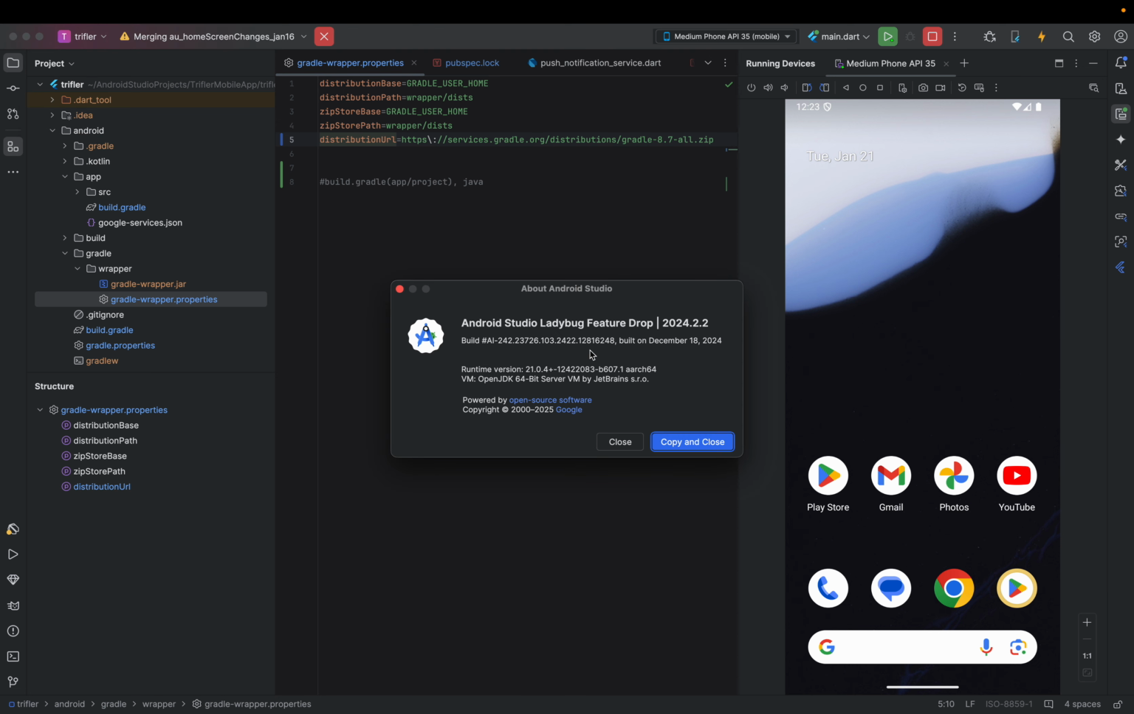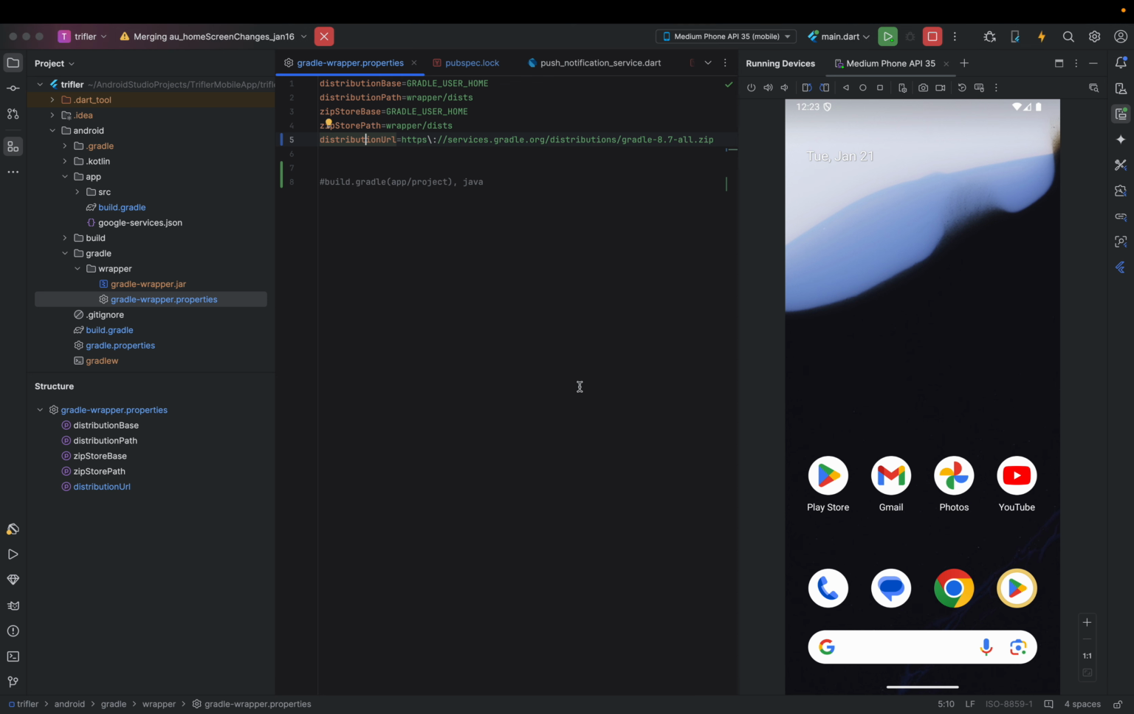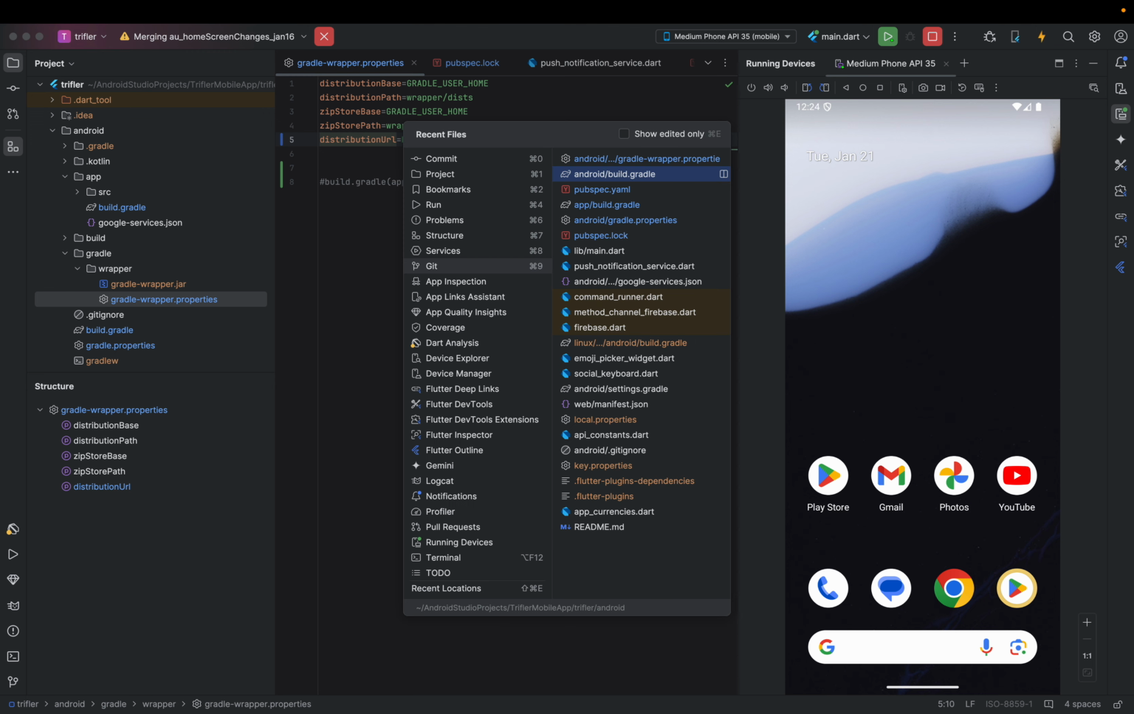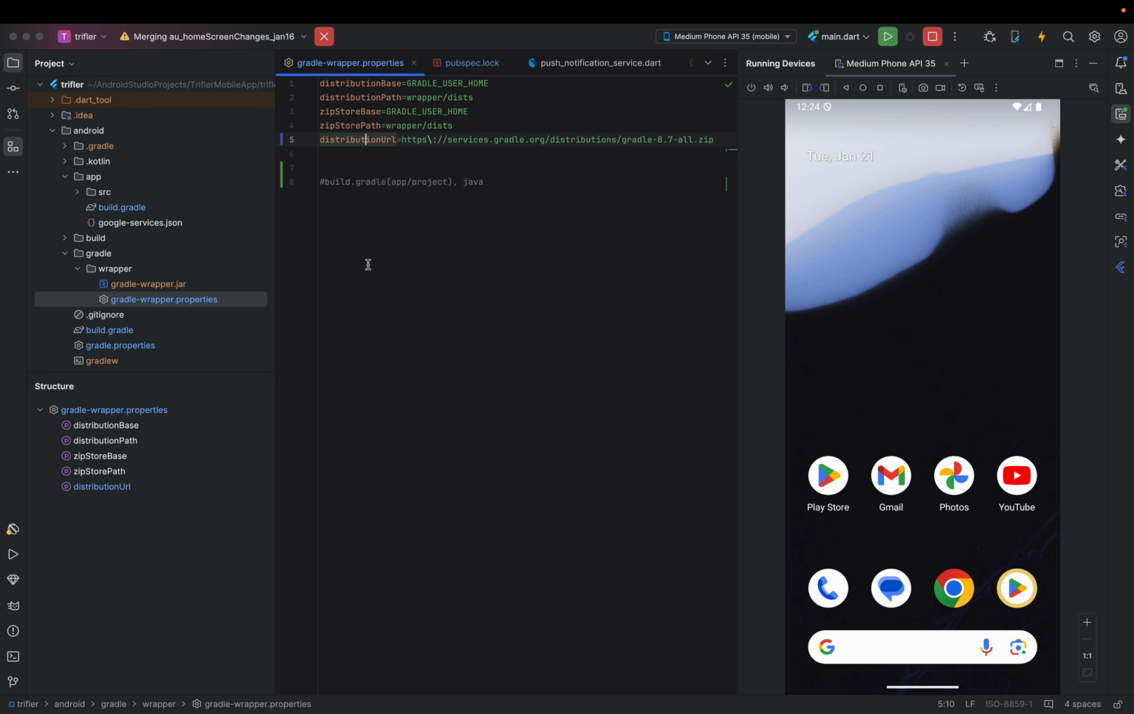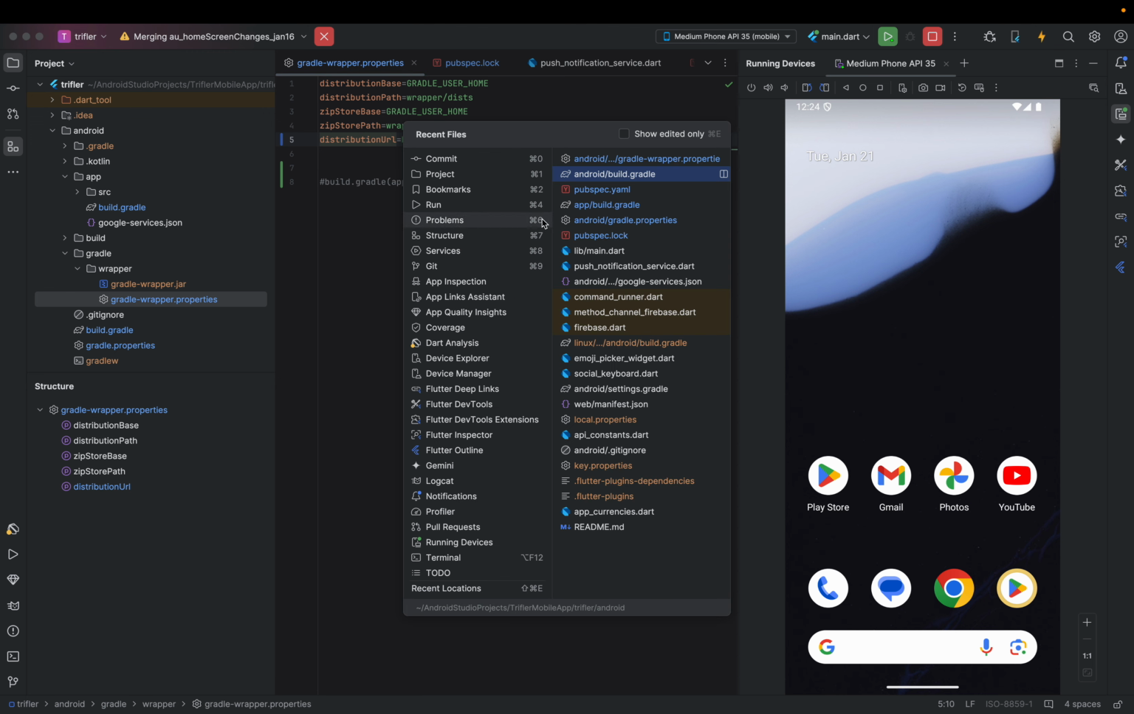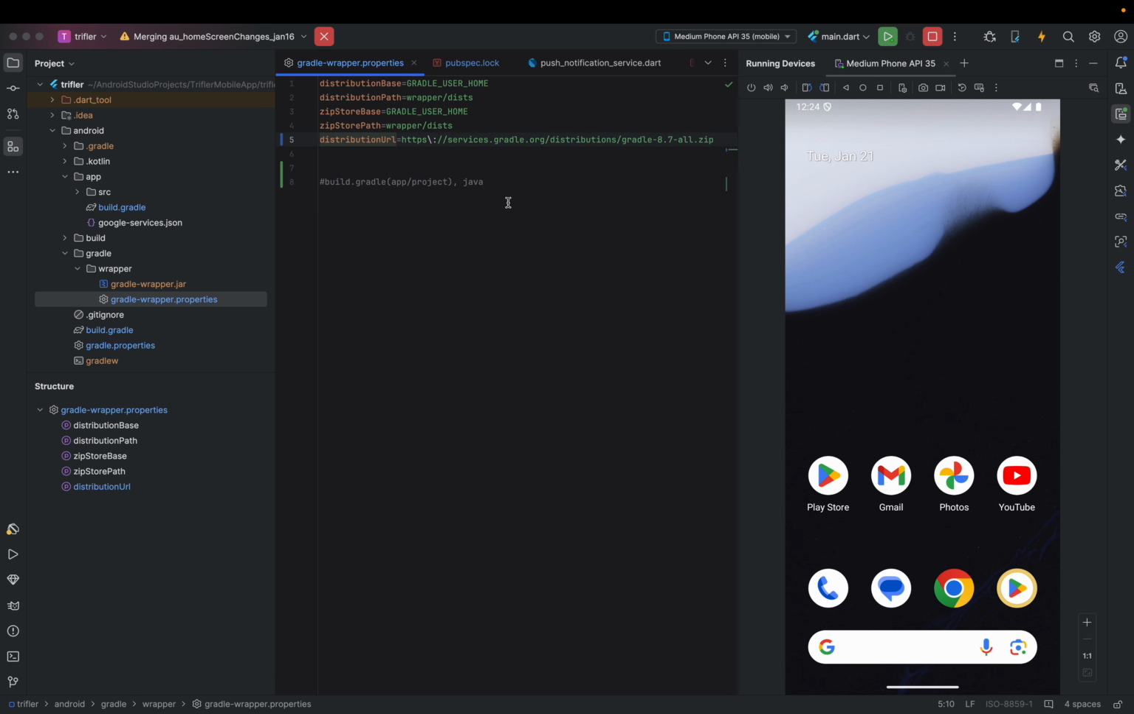I'm using the latest Ladybug, so I was also facing the problem. Currently I just solved the problem for this Flutter project. But if you're using Android Studio for any project, either Android native, Flutter, anything, and you're facing this problem, you can solve it. The common thing you have to keep in mind is